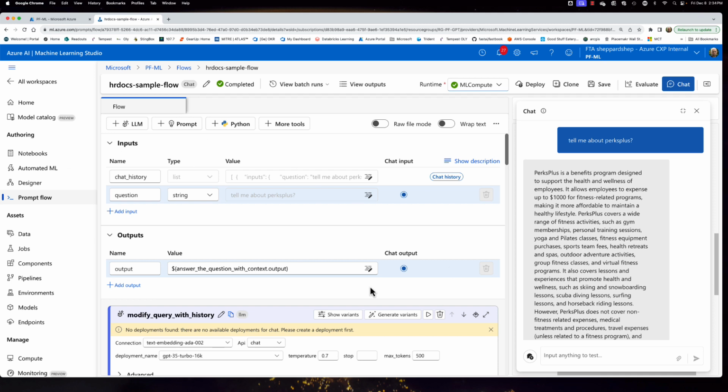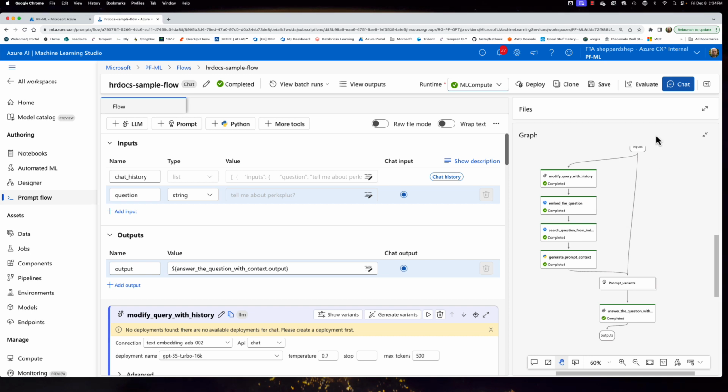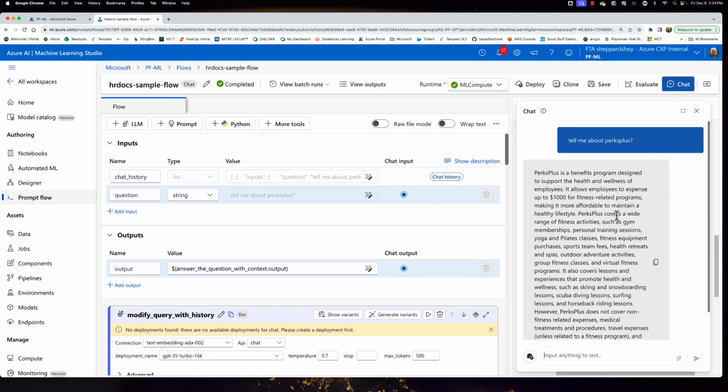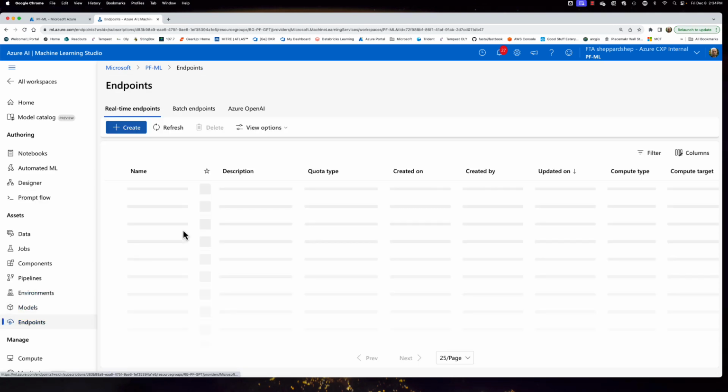This is kind of what the ending is going to look like. So you're actually going to have a flow that you can work with and manipulate. You'll be able to chat with it interactively in the console. You'll be able to deploy this to an online endpoint, which in the end is going to look something like this,